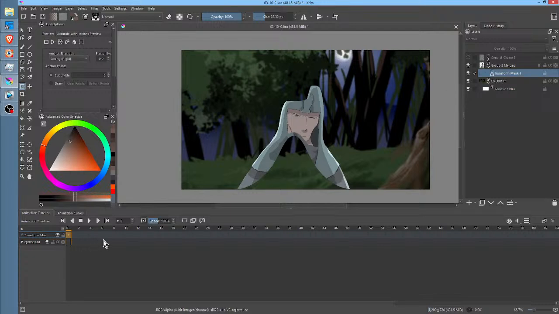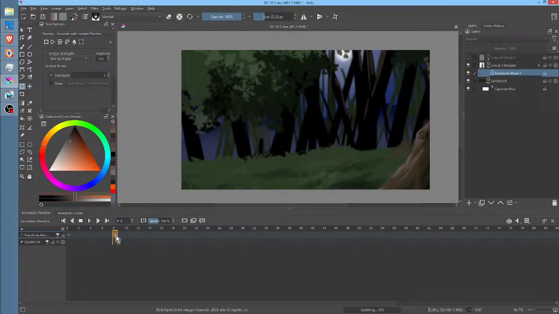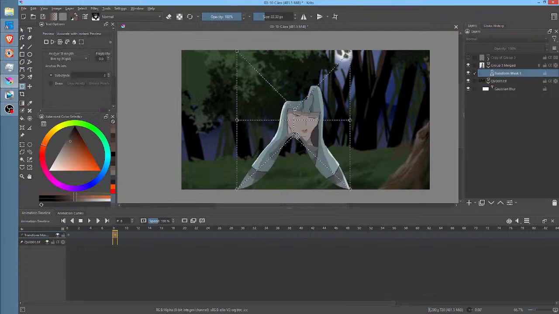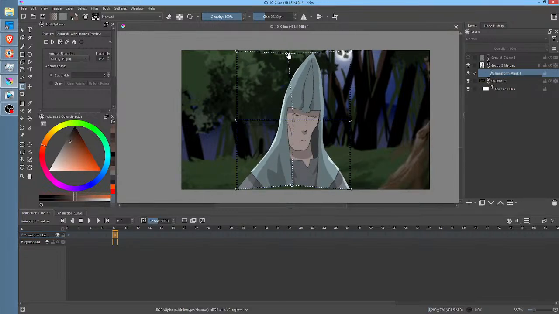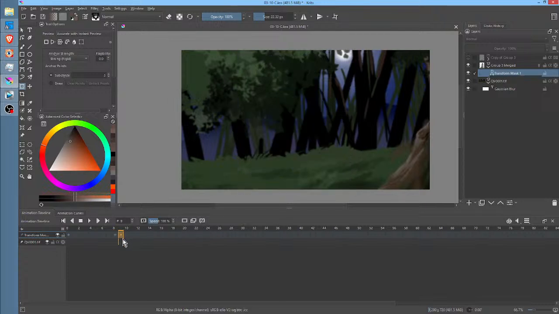Okay, but let's find out. So what I'll do is I'll just go to here, grab the transform mask, and just stretch it back out again. And if these nodes can animate, then we've got some improvement. And by the way, very specifically, I would say this, the warp tool would in fact be the appropriate substitute for Tahoma's plastic tool. Okay, there is a keyframe there. We just don't know if it's going to animate.